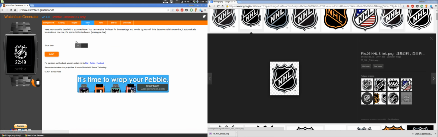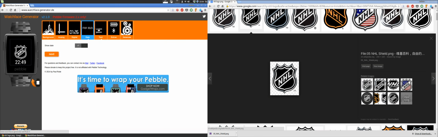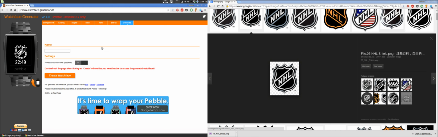You can hit next. You can add text. You can add a date if you want. I usually don't, but once again, up to you. Once you're done playing with all the settings and you know what I want, go over to generate, enter a name. I'll just call this